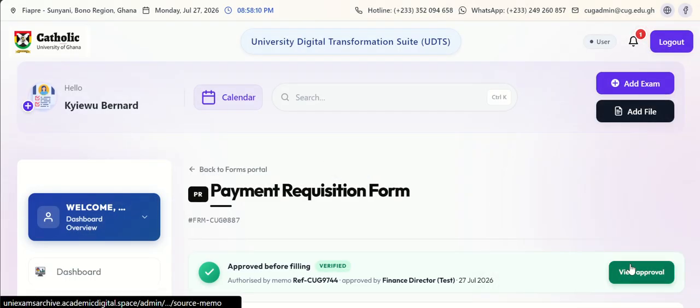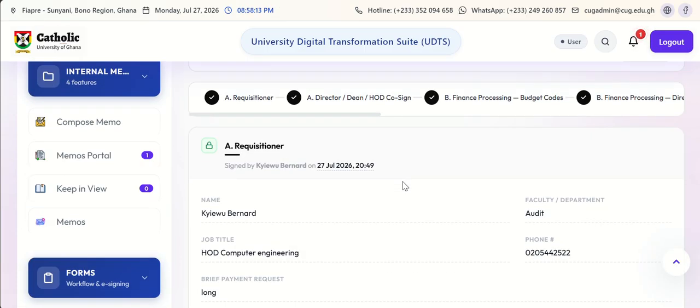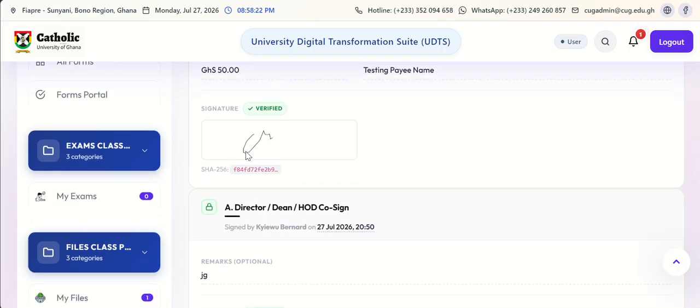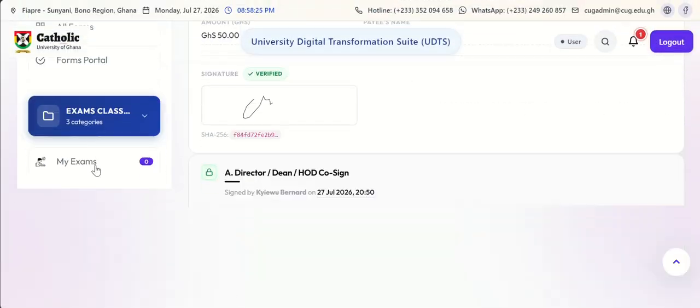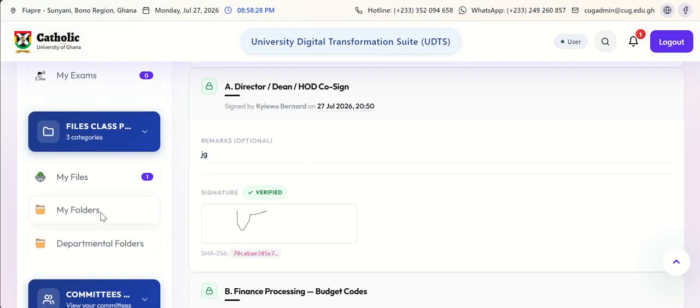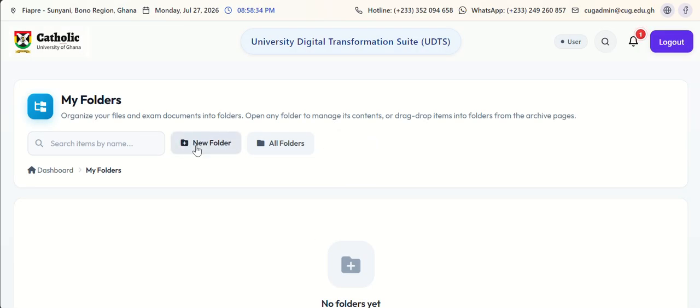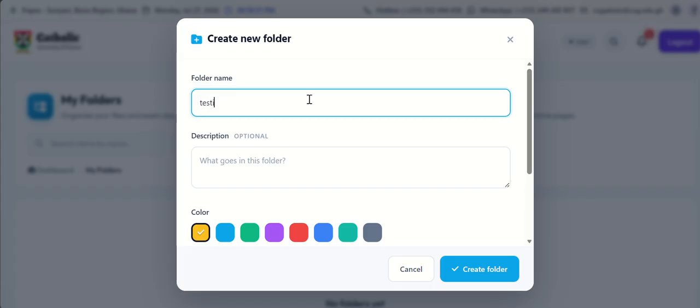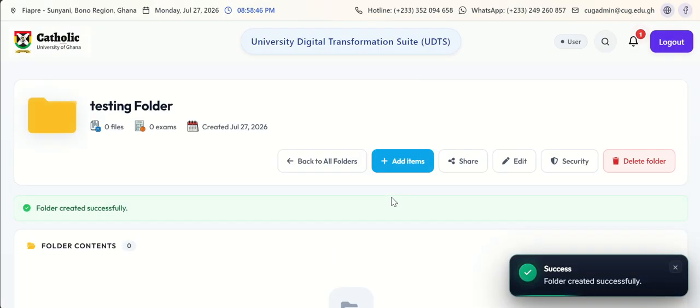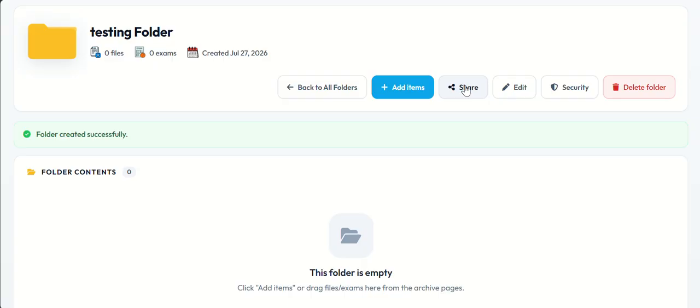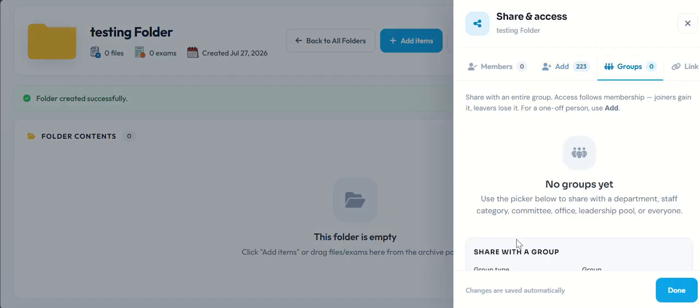Now he also made mention of the fact that folders, any administrator can create a folder for each department, or whatever his comment was. But we've also fixed that, so let me quickly demonstrate that. Let me quickly create a new folder. So testing folder. If I share with a department,